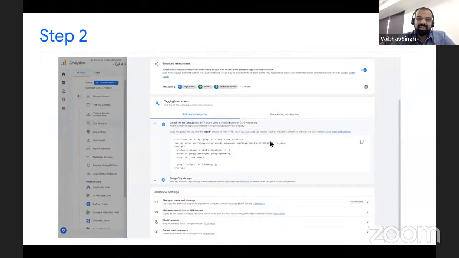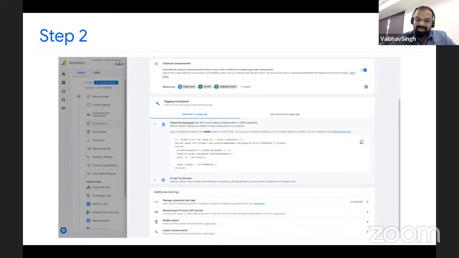So earlier, if you remember, the IDs started with UA hyphen, which is Universal Analytics hyphen, whatever your Analytics ID would be. Now it has been changed to G hyphen. That is the only change which you will see. For implementation, you could simply copy this code and place it inside your web pages. That's it. That is it. So there is no challenge so far in implementing this analytics code inside your web pages.